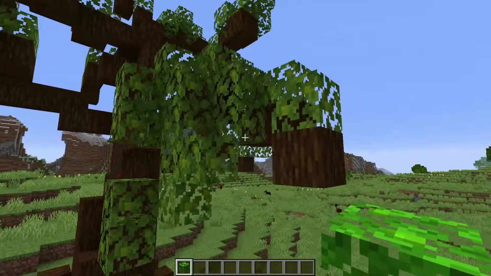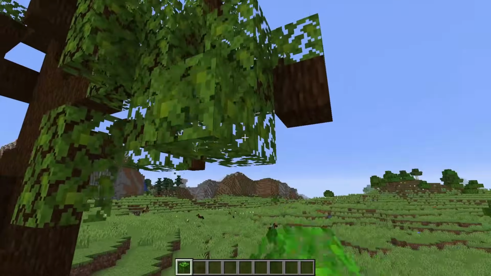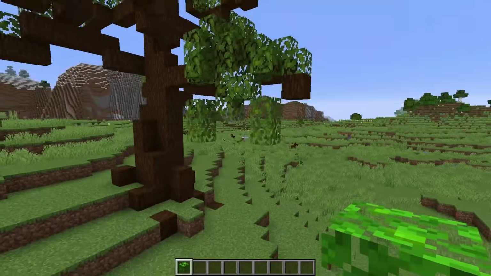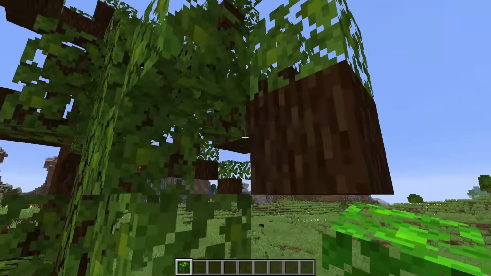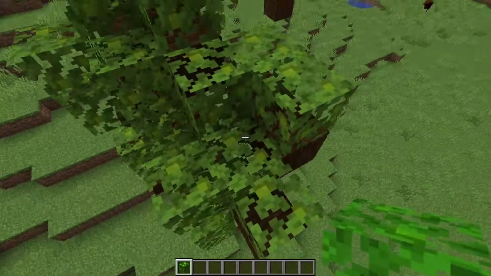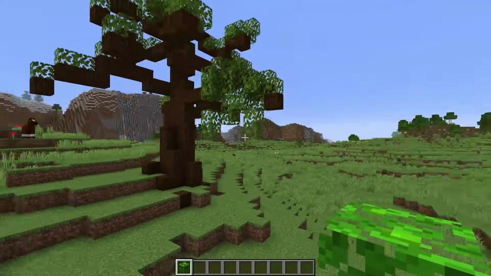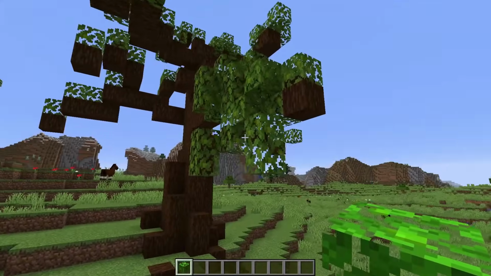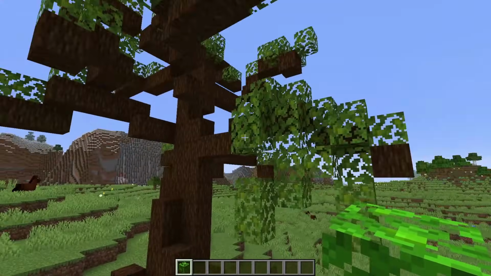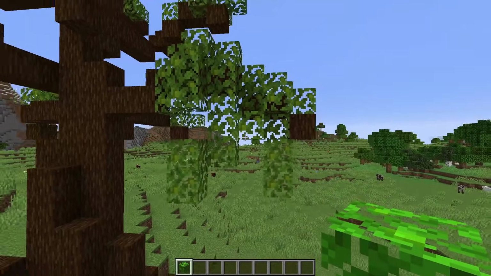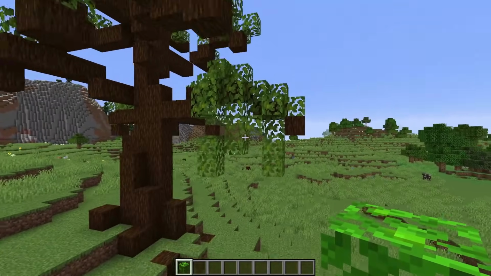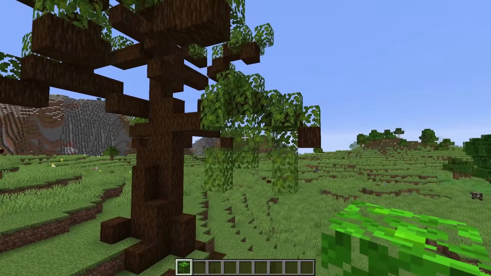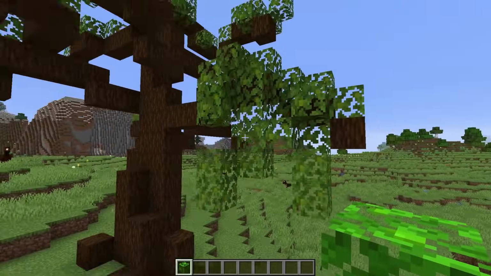I don't want to just drag them down straight. That would be kind of boring, and I think it would fill things in just a little bit too much for my liking. I still want to have lots of variety and air blocks throughout this whole tree and not make it look too full. This, in general, is the effect that I'm going for. It's still dragging down, but it's not too full, and you could still have birds flying through this tree.